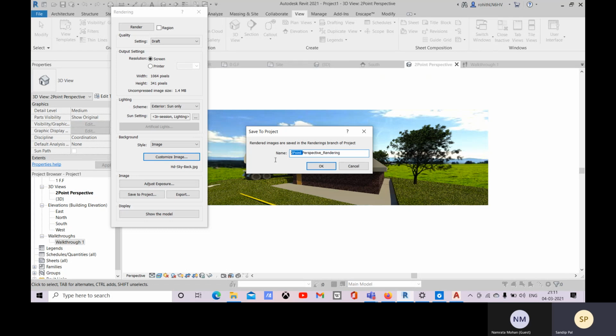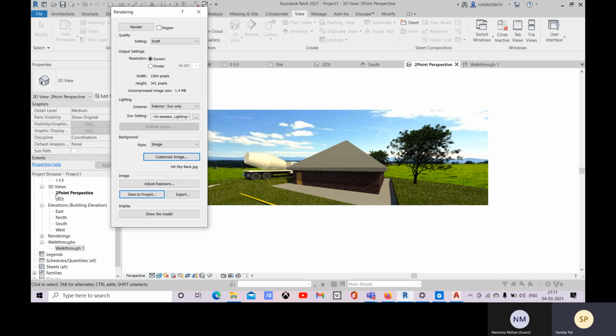So let's just remove this. Okay. And here you see that this is a 2 point perspective we have created. We will check that later. Yeah, okay.